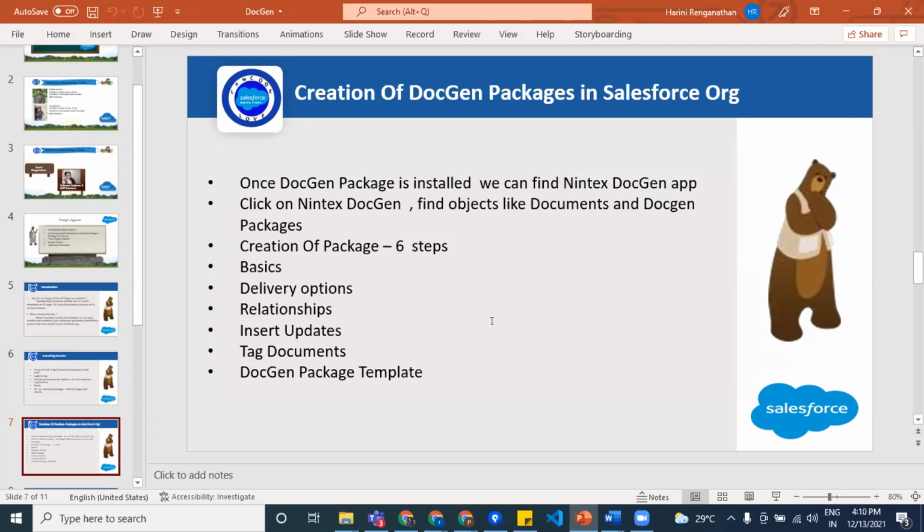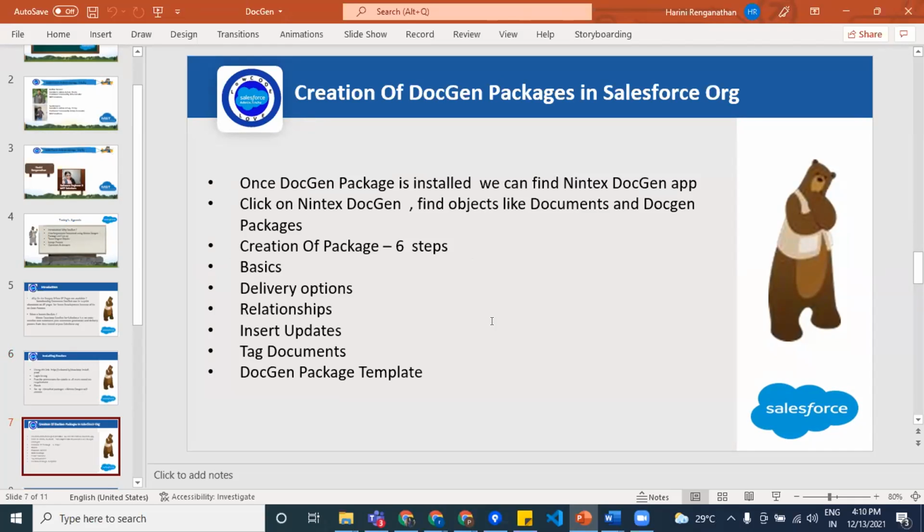Mainly, a package is a bundle of things that are required for the PDF to generate. If you say the PDF has to generate, then it might meet a criteria or may not meet a criteria. And whatever name you give to that package will help you to identify that package in future.